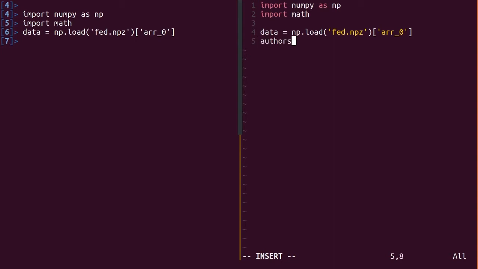Here, the authors are in the first column, so you say colon for all the rows, comma 0 to get all those columns. The word frequencies are stored by most common to least common in order. So let's just grab the relative word frequencies for each document with the colon, comma 1 through 4, so the first 3 columns of relative word frequencies.